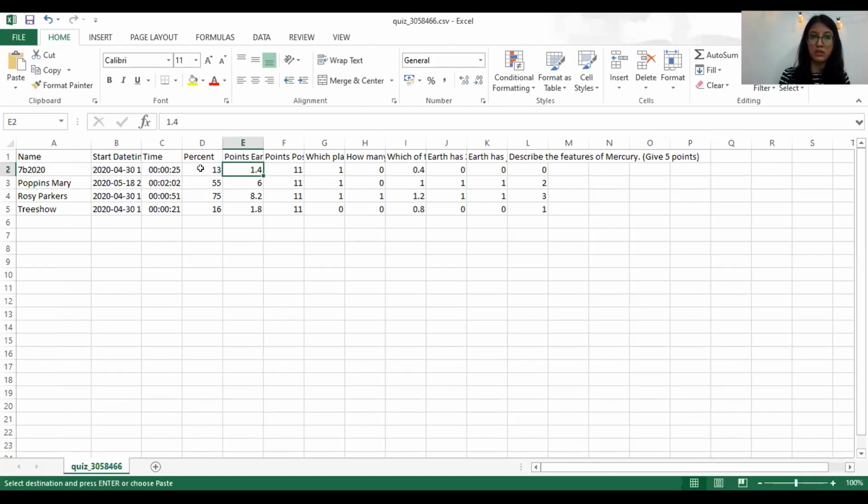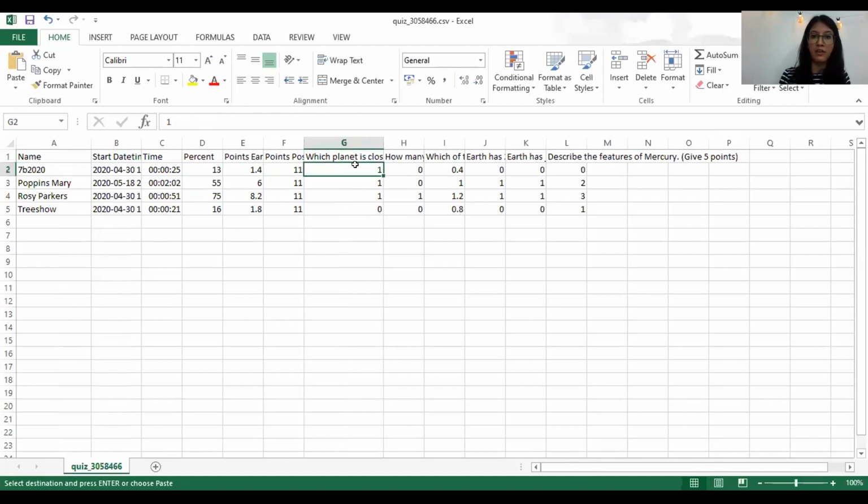So this is points possible. That's 11, and this student has secured 1.4, etc. So these are the maximum possible, and this is what the students have secured. And the questions appear over here on my Excel, and which student has got what question correct is given to me right here in the Excel file.